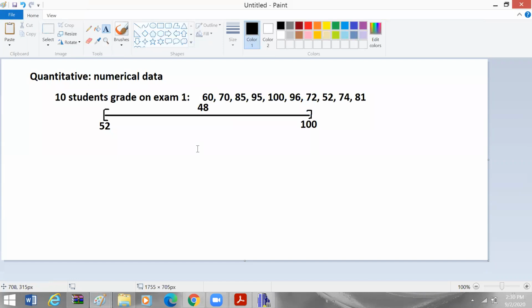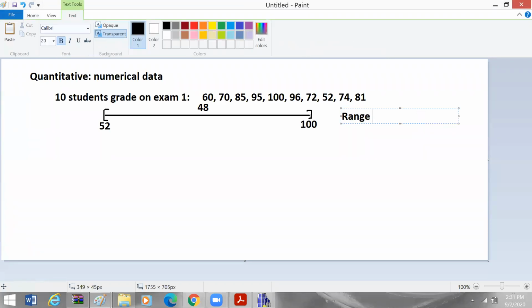We can have 5 classes. We can have like 10, but 10 is actually too much. You only have 10 data points, right? You don't want to be too specific about the classes you want to fall into. If we only have 2 classes, I'm going to split it into half and half. The range will be the difference between the biggest and the smallest data value. So the range will be the biggest minus the smallest.